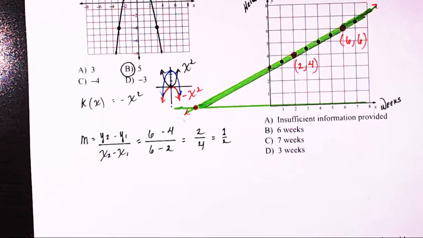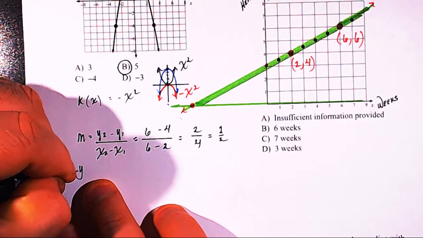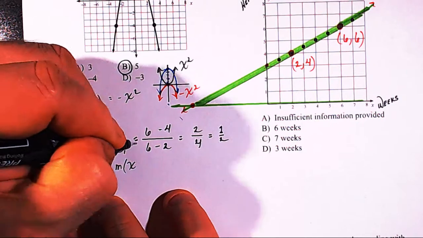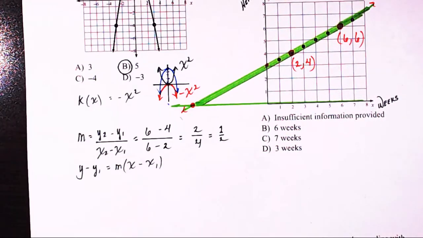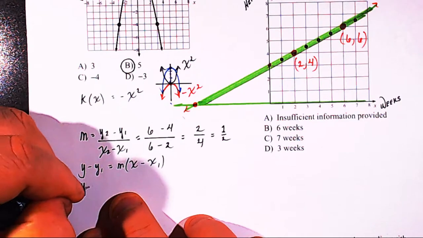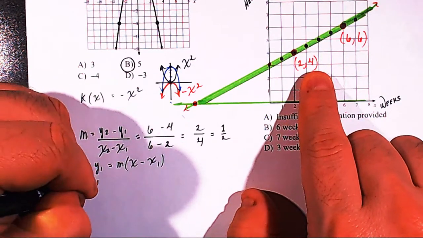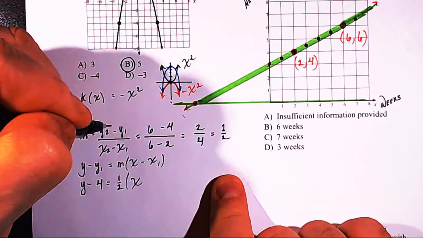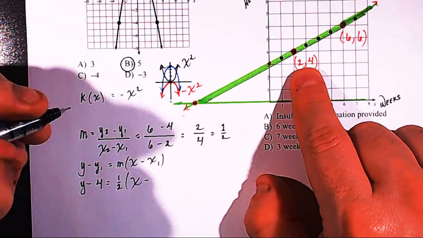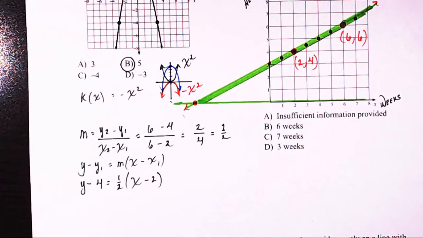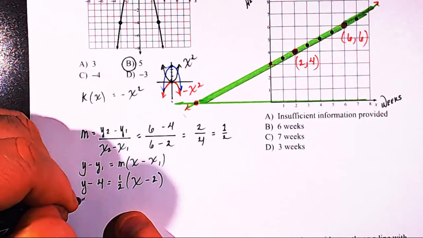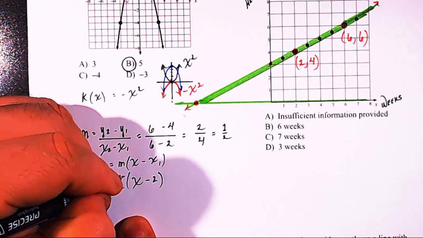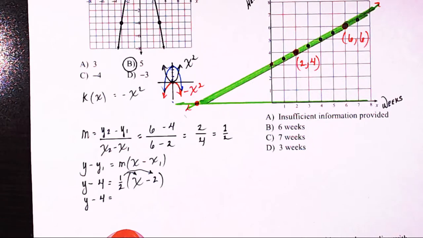And then you could plug that, m is 1/2, into your point slope formula, which is y minus y1 equals m open paren x minus x1 close paren. We could substitute the values in: y minus y1, which is 4, equals m, 1/2, open paren, x minus x1, which is 2, close paren, and then just solve this out. So you've got y minus 4 equals, distribute the 1/2 through the parentheses, 1/2